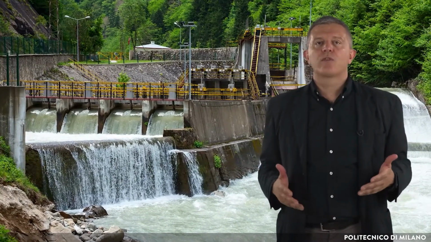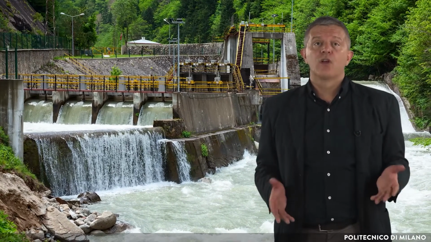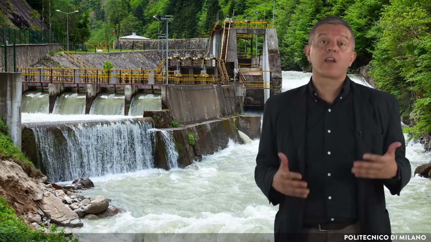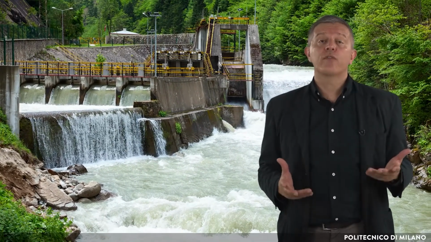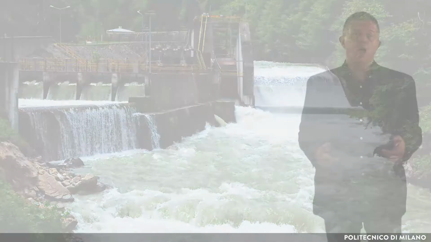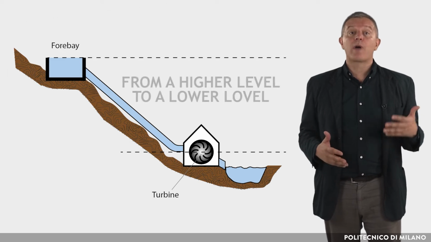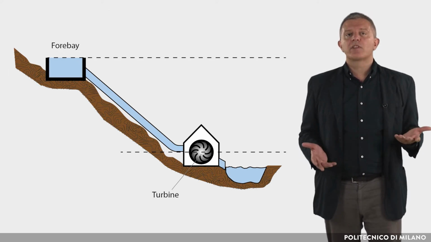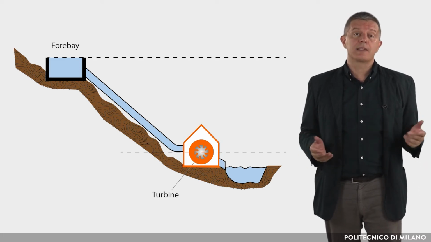Hydropower produces energy from water sources such as the ocean, rivers and waterfalls. Small-scale hydropower is one of the most cost-effective and reliable energy technologies that can be used for generation of clean electricity. Hydraulic power can be captured wherever a flow of water falls from a higher level to a lower level. The generator is typically represented by a turbine, which works thanks to the rotation of its blades.